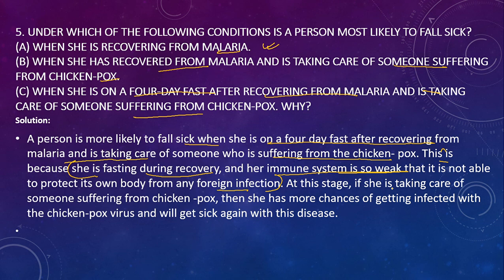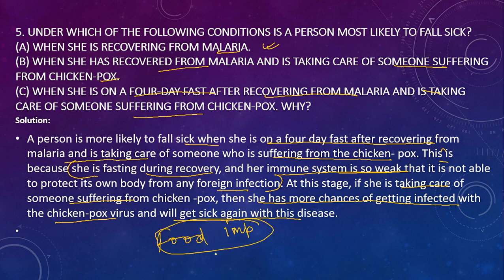At this stage, if she is taking care of someone suffering from chickenpox, then she has more chances of getting infected with the chickenpox virus and will get sick again with this disease. Okay? That means she will be infected by chickenpox virus faster than anyone because she is not having a good diet. That means food is also important. Good diet is also